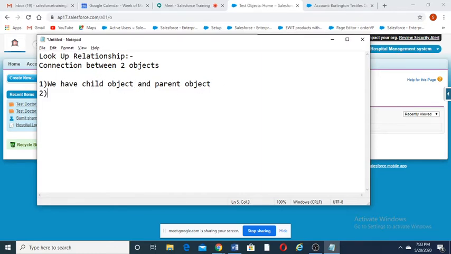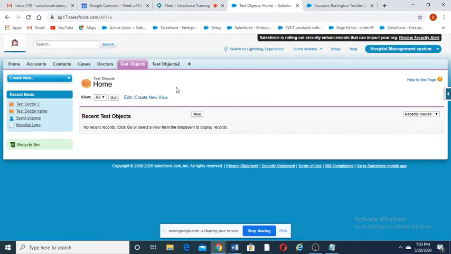So second point is, for creating lookup relationship, always the relationship should be created on the child object. So we have to decide which one we want to make a child. So this is always decided based on the business requirement.